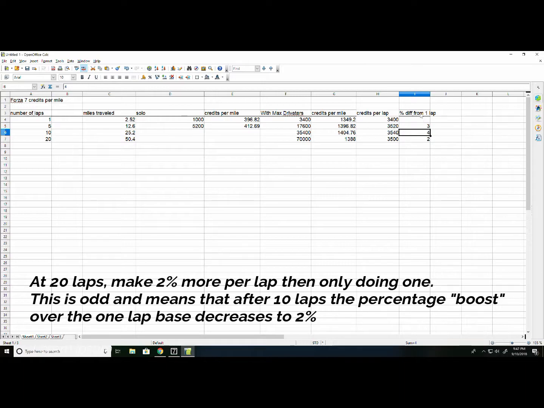You see over here, we see the percentage difference from 1 lap. When we went from 1 lap, where we obviously got 3,400, and then bumped that up to 5 laps, we got a 3% bump. So we actually ended up getting more per lap by 3%. And then when we went to 10 laps, we got a 4% bump. We made 4% more per lap than we did off of 1 lap. But this is what I was talking about earlier. When we went up to 20 laps, we actually only made 2% more than what we would have made by doing 1 lap over and over again. Now there's time saved and all this stuff, but I think the sweet spot just might be somewhere between